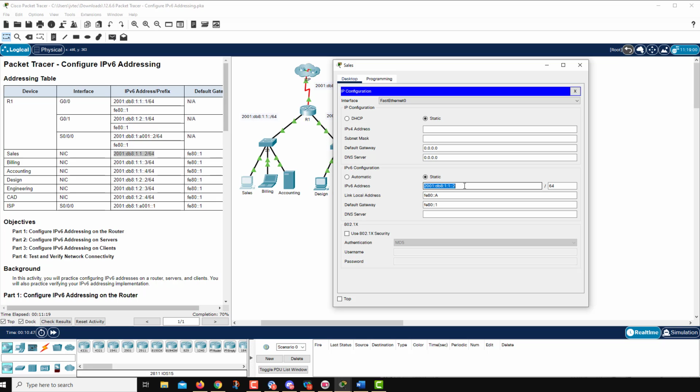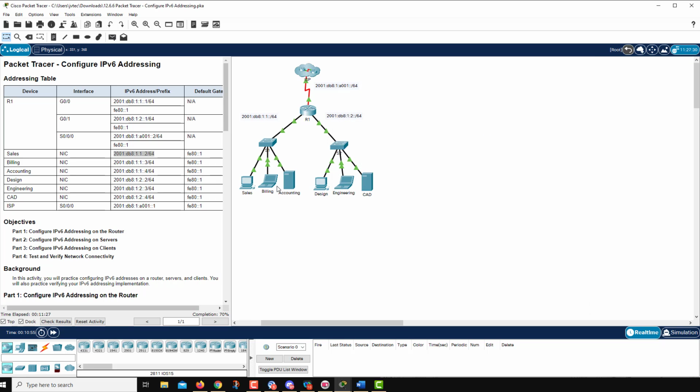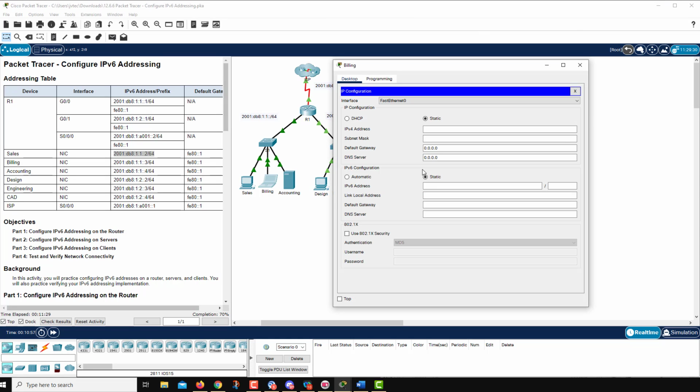I'm going to make my life easier by copying that global IPv6 address, and we're going to change that up as we move across the different devices. So close that off. Billing, we'll go to that next, IP, and paste. Instead of 2, billing is actually 3. /64,